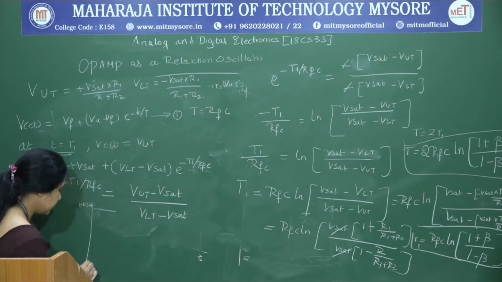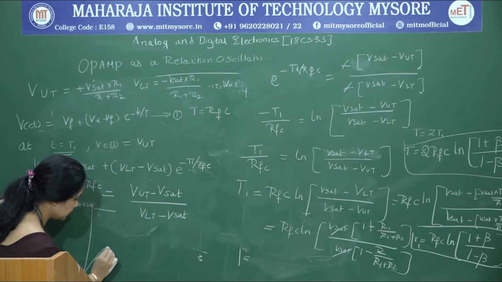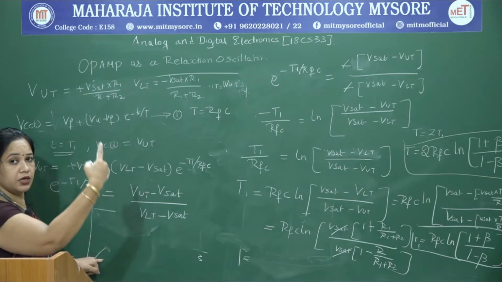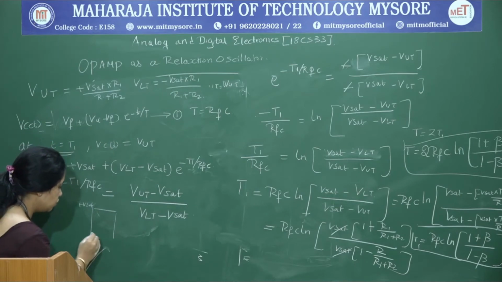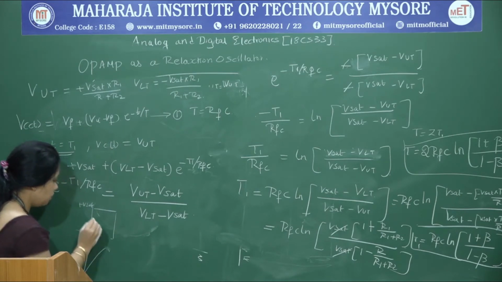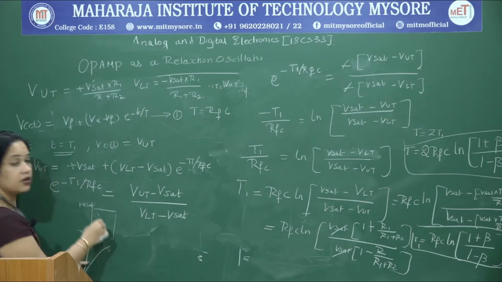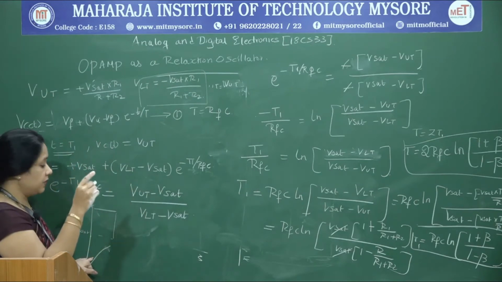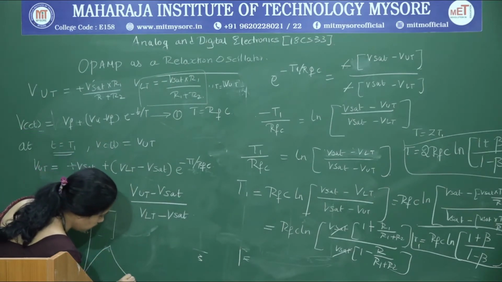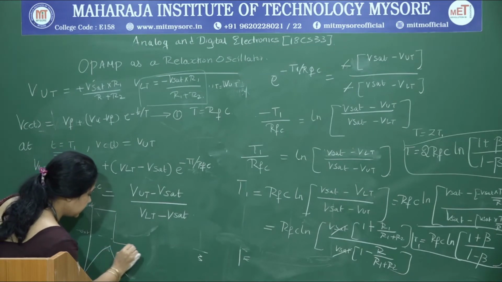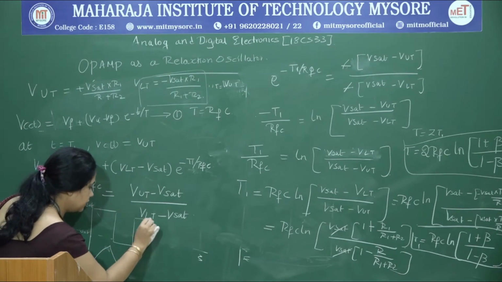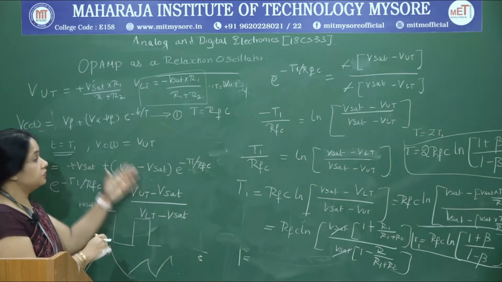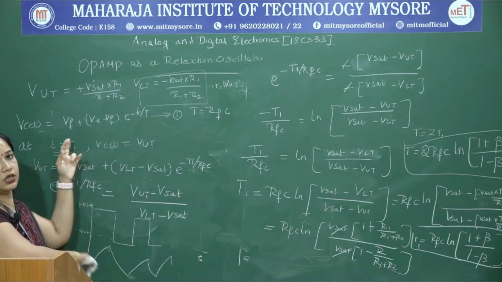Meanwhile the capacitor gets charged towards the positive peak, and you see this. Once the capacitor is charged beyond this, the voltage at the non-inverting terminal is exceeded. As a result, the output jumps to minus Vsat. Now, when the output jumps to minus Vsat, what happens? The reference voltage, the lower threshold point, becomes minus Vsat into R1 by R1 plus R2, and the capacitor discharges through R2. While the capacitor is getting charged, the output is at negative saturation, and this continues, resulting in free running oscillation.